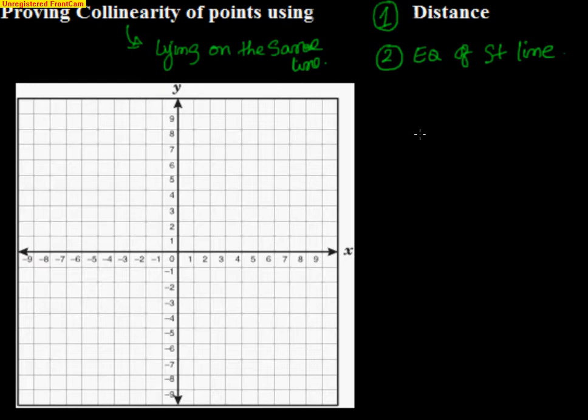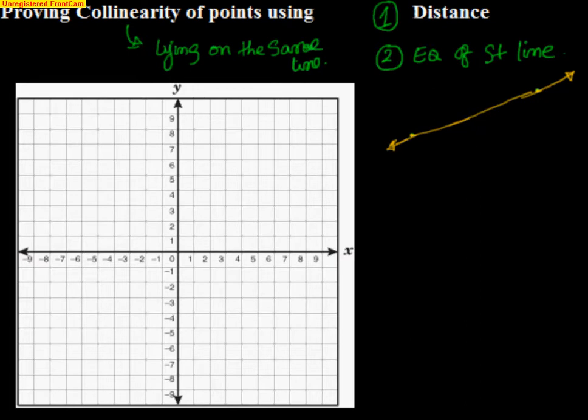Suppose you know that a line is a collection of points, and there can be infinite points in a line. How many points are needed to create a line? At least 2 points are needed to form a line. So if I have 2 points, I can join them as a line and extend them indefinitely in both directions, and you can create infinite line segments out of this.